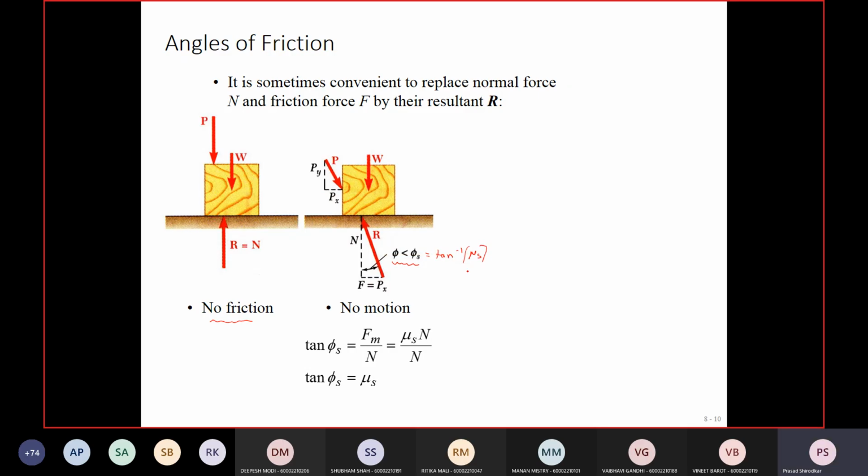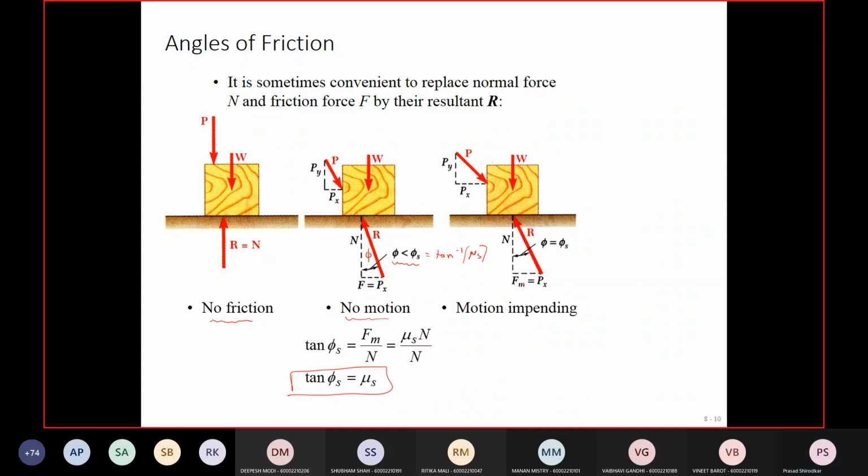No, static. Okay. So again, in this case, there is no motion. Tan phi s is again F by N, and that is mu s N by N. So tan phi s is nothing but your coefficient of static friction. So if this angle is less than phi s, in that case, again there is no motion. When this angle is equal to phi s, that is the tan inverse of mu s,